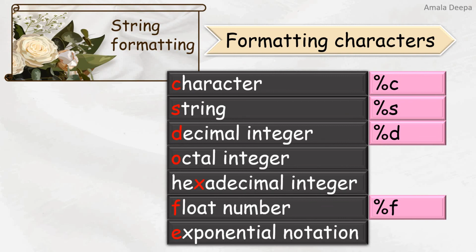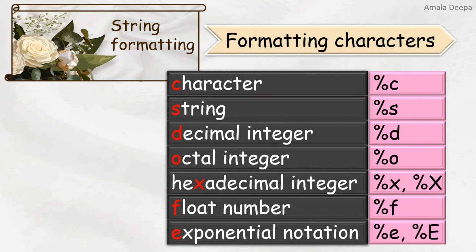For octal integer, %o. Hexadecimal integer, %x. X can be in lowercase or uppercase. For a float number in exponential notation, use %e. E can be in lowercase or uppercase.